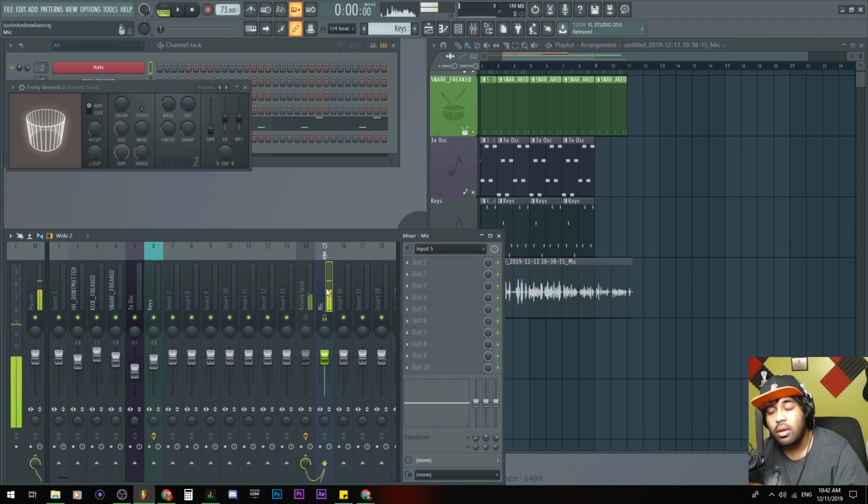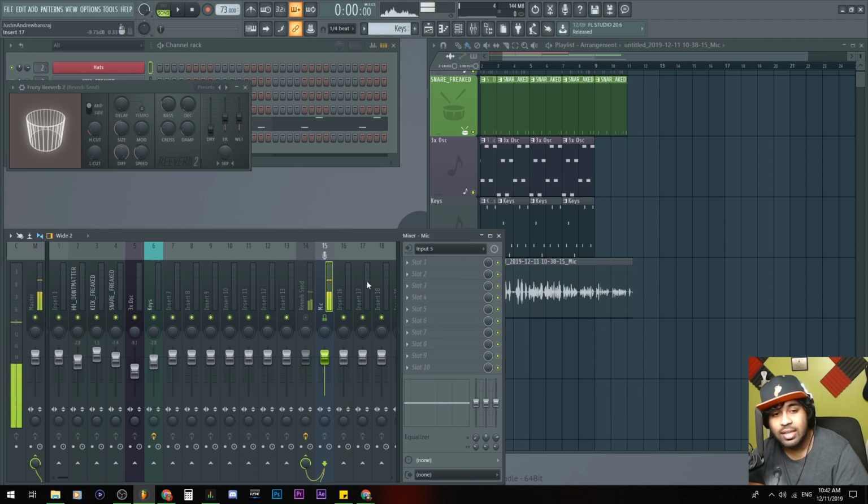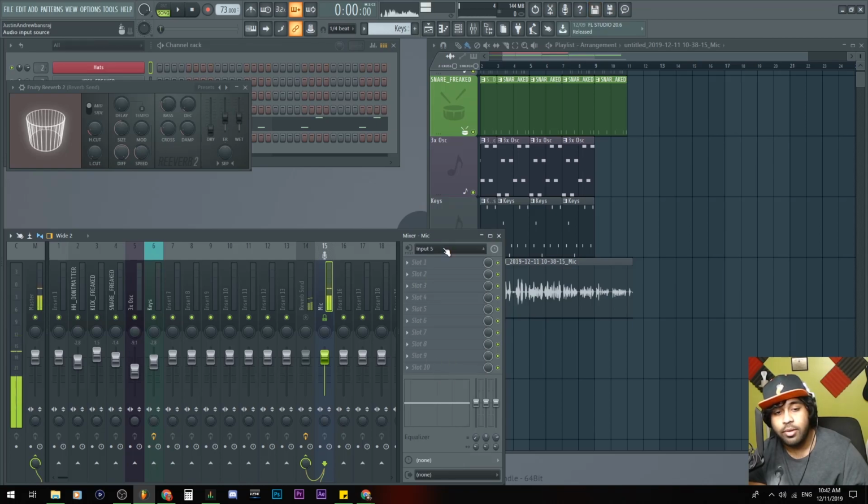If you have set your audio interface right, going into any insert and going to here where it says input, you will select the input. So it'll say none for you at first. You click there and then select the right input for your thing. Because I'm using a device like the Clarett 8 Pre, it has like 20 different outputs or inputs. Sorry, I'm using input number 5 inside of my Clarett, which is this mic that you hear me from. Number 3 would be the other mic that's inside of my closet right now. But yeah, don't worry about that.